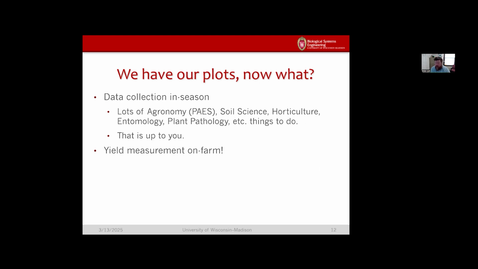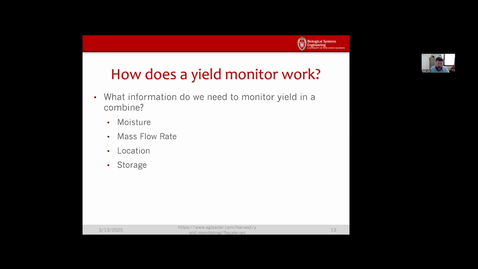So we're going to talk about measuring our plots now and utilizing yield monitors. We put a lot of plots out there, and we're doing our in-season collection. I'll leave that to my agronomy, soil science, horticulture, etc. folks, you know what data you need to collect, and then in the end, we probably want to grab yield. So I'll hustle through a little bit of this, but one of the things is combines have yield monitors